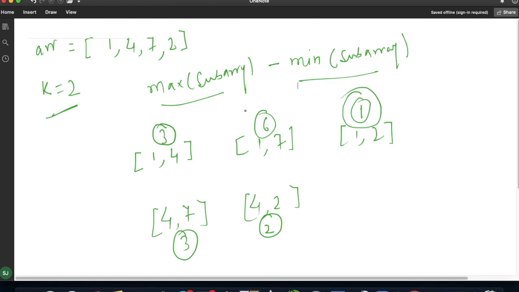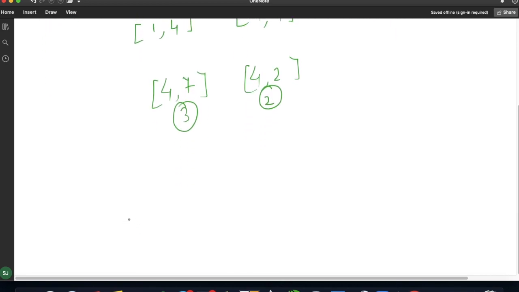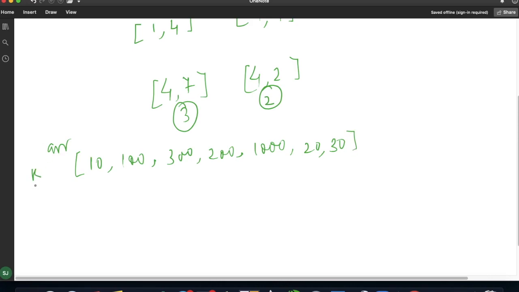So let me take one more example. Suppose my array is having values 10, 100, 300, 200, 1000, 20, 30. Suppose this is my array. Suppose I am given a k value of 3.